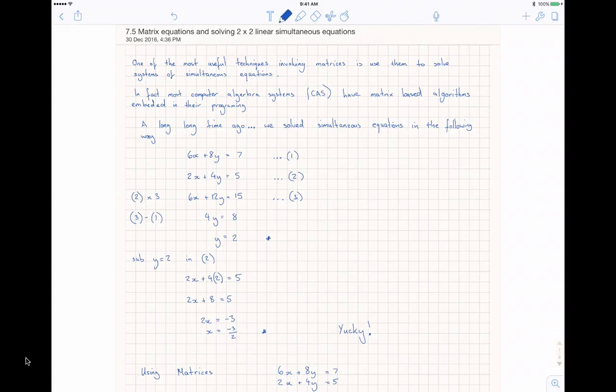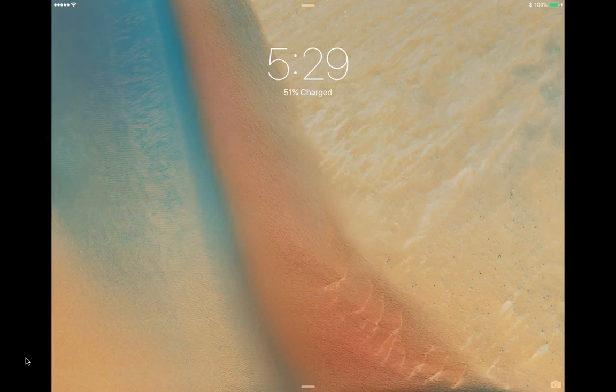So the best way to solve equations is still going to just be to use solve on your CAS. Most computer algebra systems actually have matrix-based algorithms embedded in their programming, which allow them to do all the calculations that they do. So a long time ago,